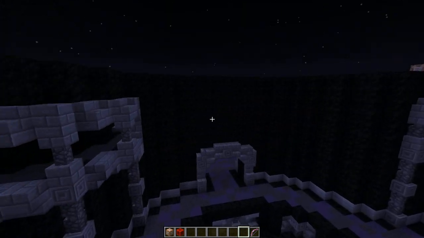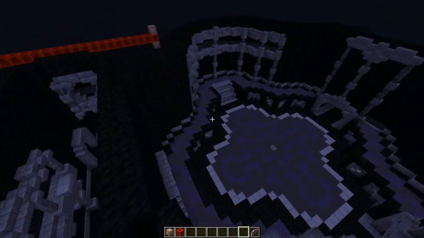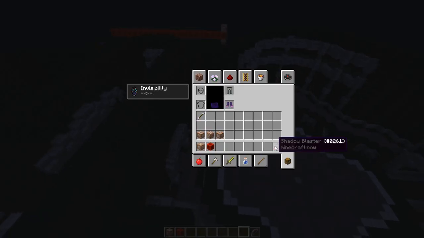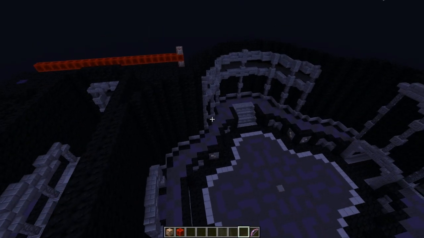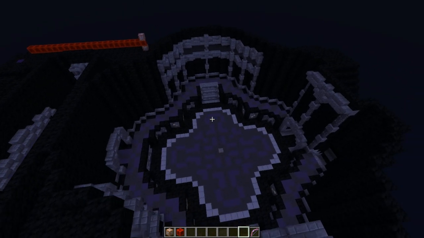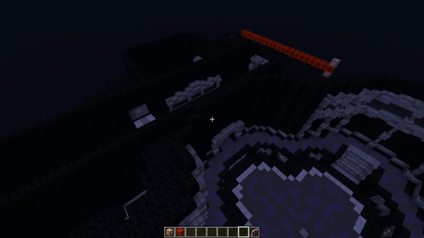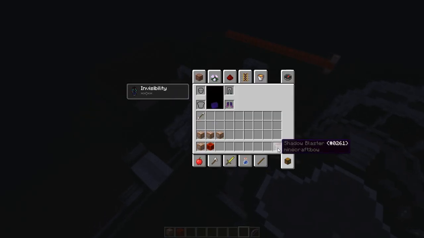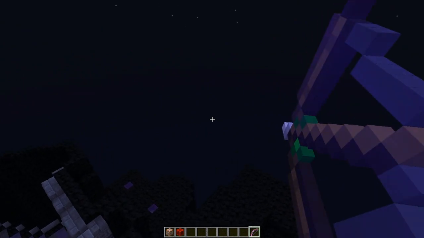So that's the map, and everyone for this map is basically going to get a bow called a Shadow Blaster, and I think a pair of boots here that have the enchanted glow. I haven't worked everything out yet because obviously I'm going to have to do some play tests, see if it's fun. You get the Shadow Blaster,